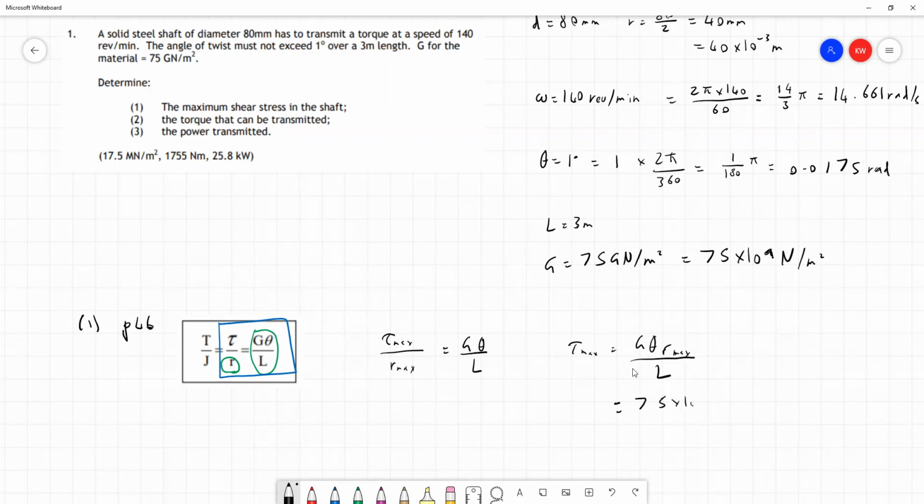G is 75 times 10 to the 9. Theta we have converted into radians, 0.0175 radians, and the maximum radius is just the outer radius of the shaft, 40 times 10 to the minus 3, and this is all divided by L, or length, which is nice and simple, 3 meters. So we can put all of this into our calculators and come out with a value for the maximum shear stress. And if we do this correctly, we will have solved the first part of the question. And the answer that we get out here is, well, in the calculator,